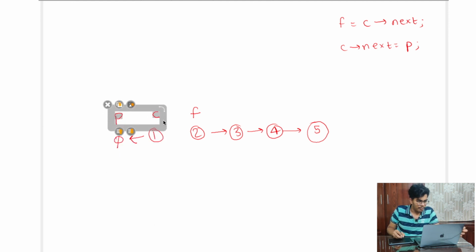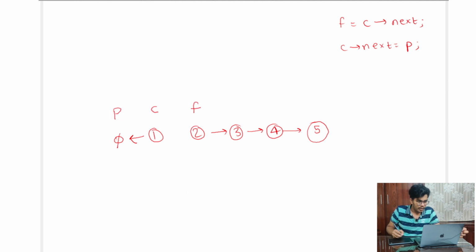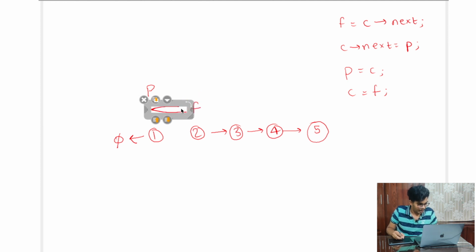Let me bring this up so that it will be easy. I'll just move p, c and f one point like this, right? To do that, I should not move forward, because forward will move the next time the loop starts again. So I have to just move current and previous. Initially I'll point previous to current, so previous will move to the current position, and then I'll move current to the forward position. So current equals forward position. It will move to this forward position, right?